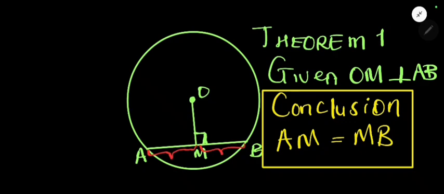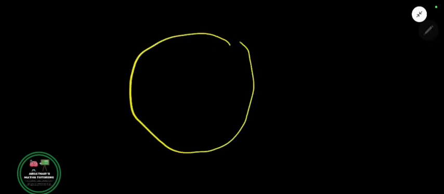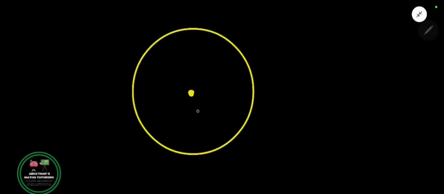Quickly, let us do its converse. After we do its converse, we'll stop our class, and we'll definitely continue again later. Now with the converse, if you are given a circle like that, and this is your center and this is your chord, and you have a line from the center joining your chord like that, and this time you are given that this line is equal to that line. Let us name it O